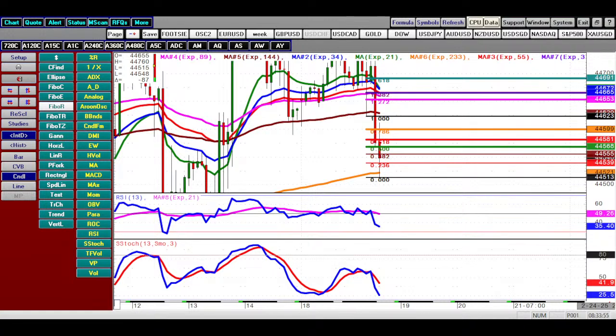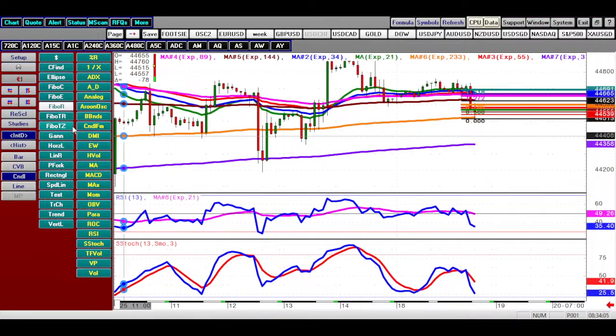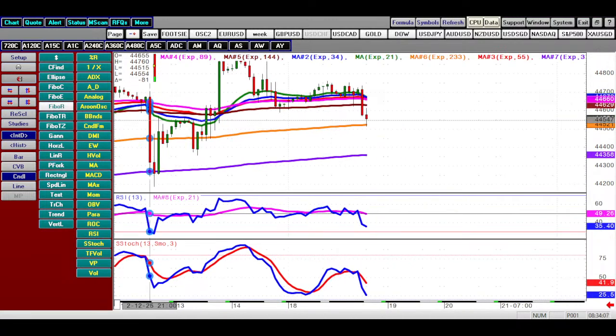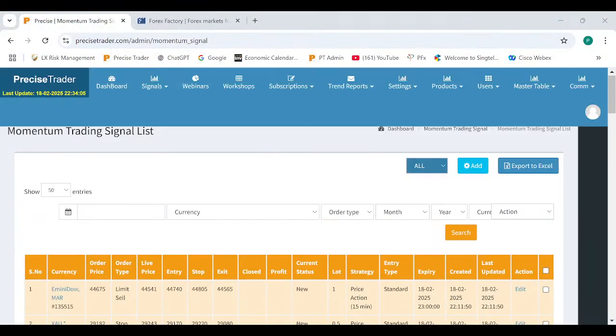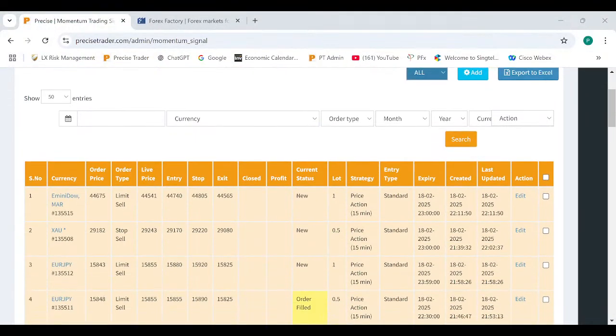Okay, you got it at 560. Good luck. I think that's job done for this. Now we are going to do a re-entry for Dow. What we are going to do is we are going to sell half lot. We had a sell at 740 early on, so that one we are trying to bring it down to